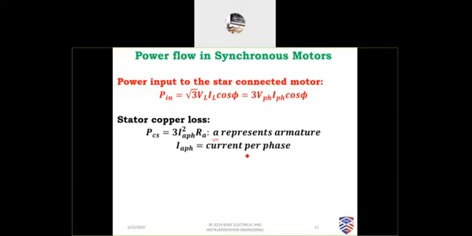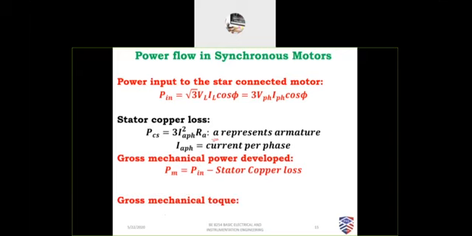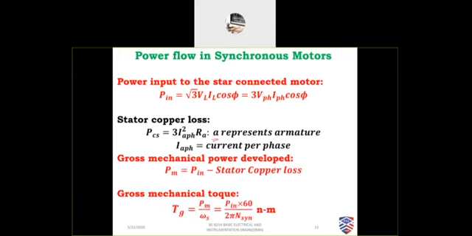Then IA per phase is the current per phase. Gross mechanical power developed, PM, equals Pin minus stator copper loss. Then the gross mechanical torque is equal to PM by omega S, that's equal to Pin into 60 divided by 2 pi N sync. If you take page number